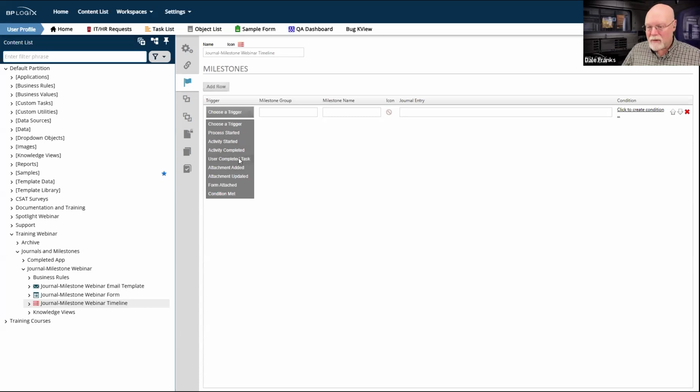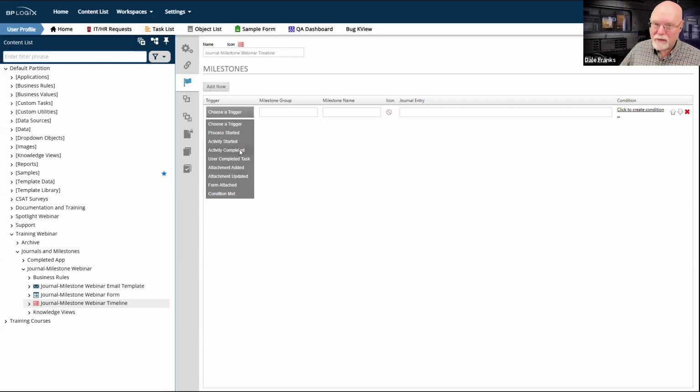And I can also have when users complete a task, which is different than activity completed, because tasks only occur in the context of user activities. But activities, well, there's all kinds of activities. And so activity completed would include every single activity in the process timeline.